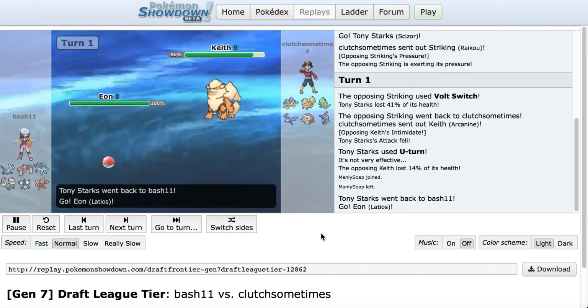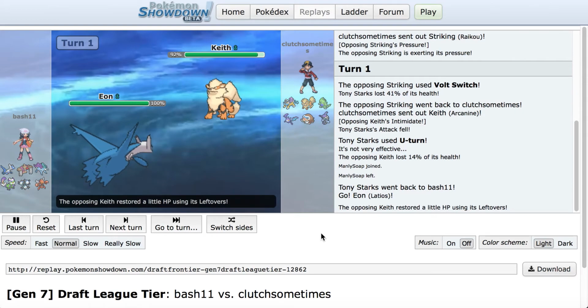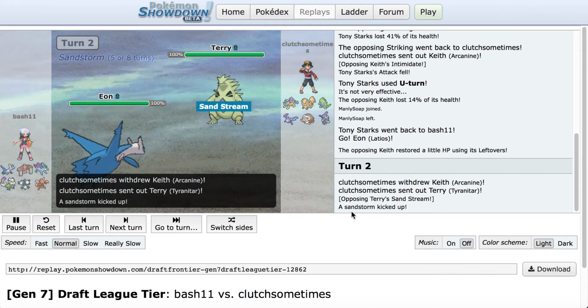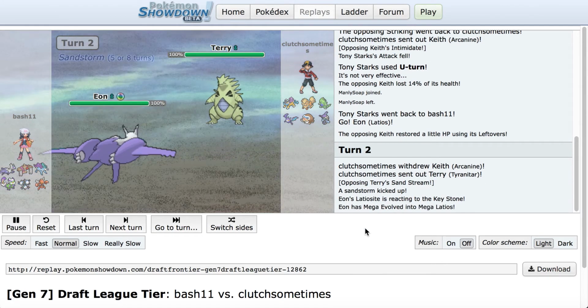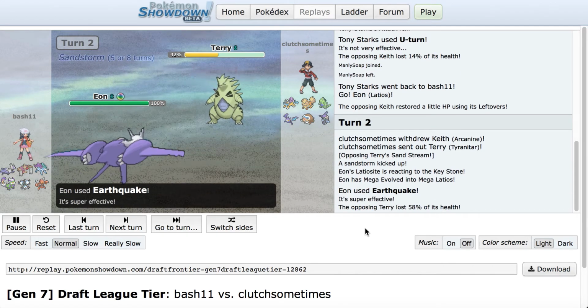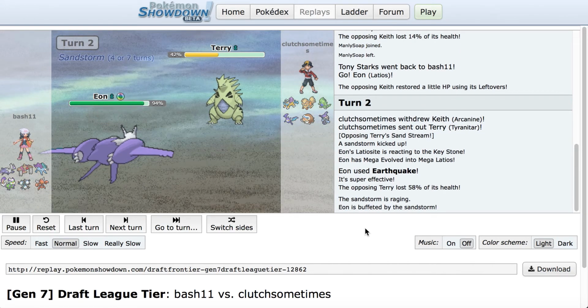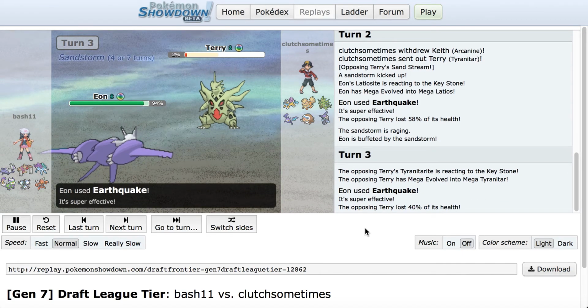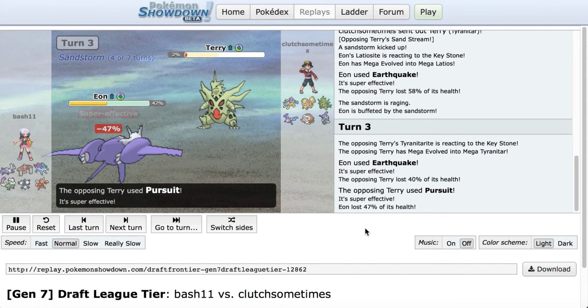I believe I go out into Megalodios. He can't do much to Megalodios, so I'm gonna go for Earthquake here. And he's going to go into Mega Tyranitar, which is absolutely amazing, because now I basically have a chance to two-shot it right now, once it Mega Evolves. A very good chance to two-shot it, and he lives on 2%, and he goes for Pursuit, which is good,